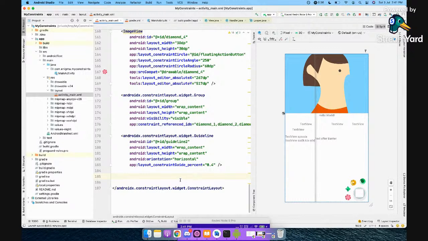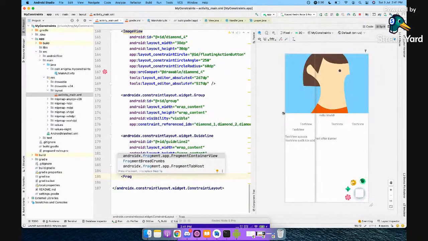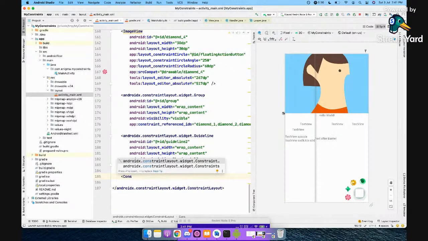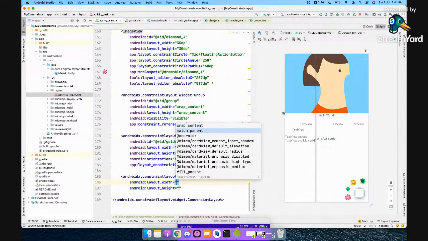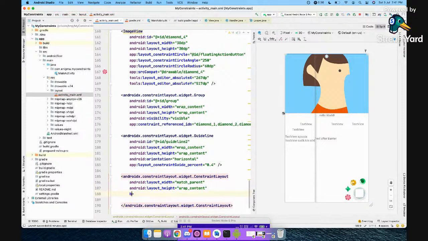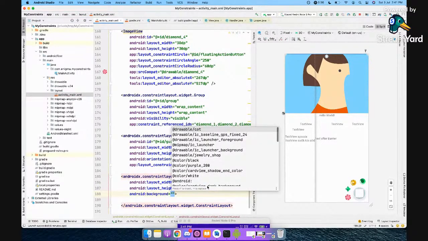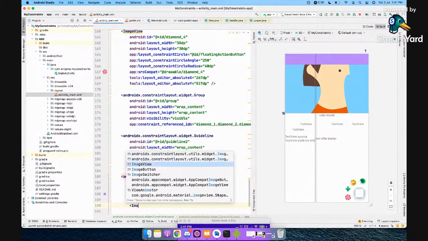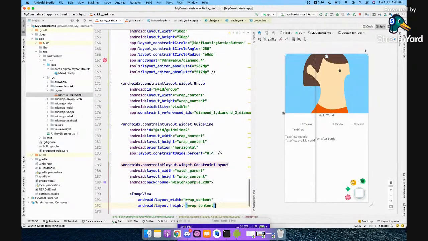So for that, people go with frame layout or something, or they'll insert one more constraint layout here, or linear, whatever works. So usually I see nested constraints. That is something you should try to avoid. Whatever you want, it can be done in constraint layout only. For example, they'll just say background to be purple, let's say, right? And I'll just insert one view here, image view, app content.